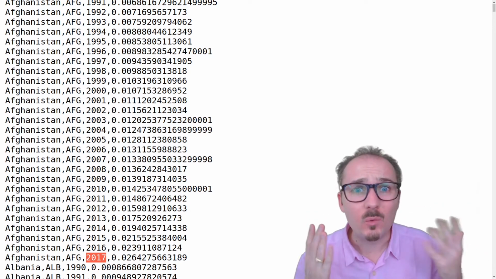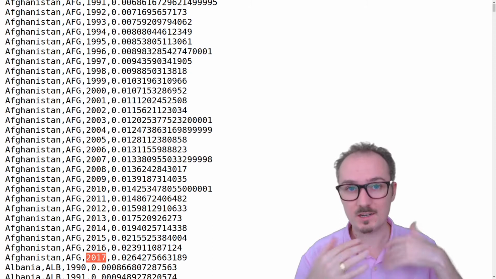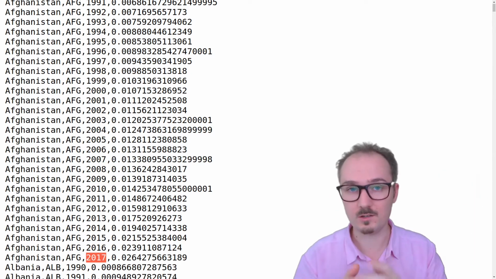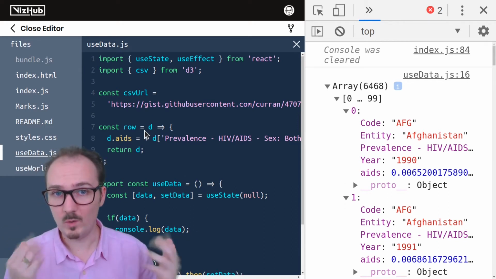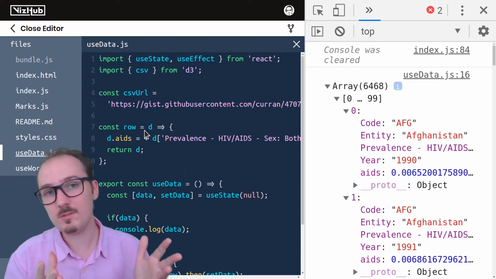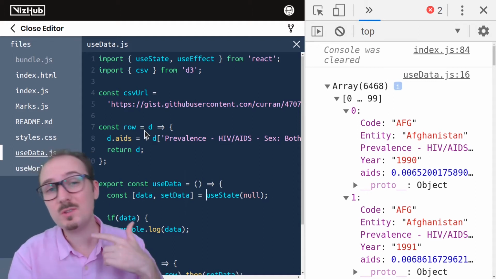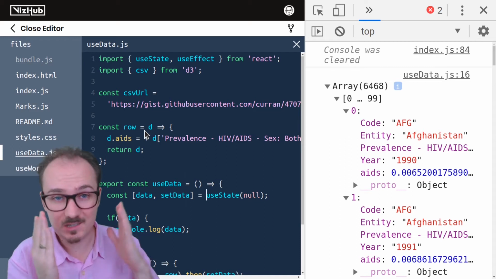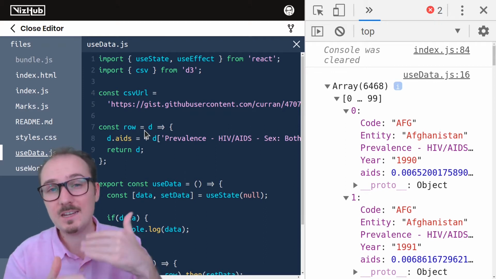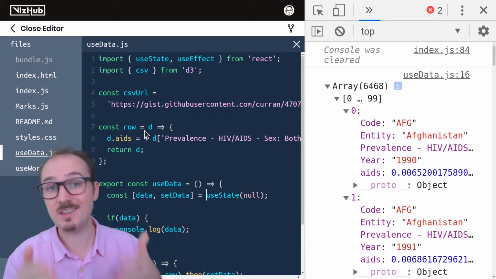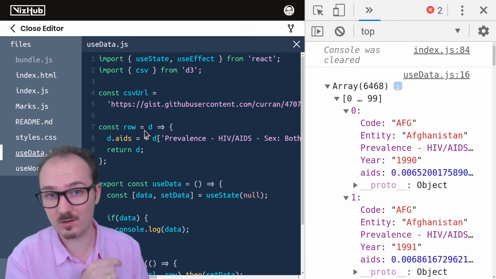But how do we do that? Well, we could use JavaScript arrays' built-in .filter method to exclude all the rows that are not for the year 2017. But in terms of the code, where do we put that filtering logic? We could put it in useData and have useData just return that array that only has that one year. Or we could introduce a new separate piece of logic to deal exclusively with the filtering. Which is better? Considering we want to develop flexible code that works for our case now of showing a single year, but would also work later on if we wanted to dynamically change that year with a time slider,